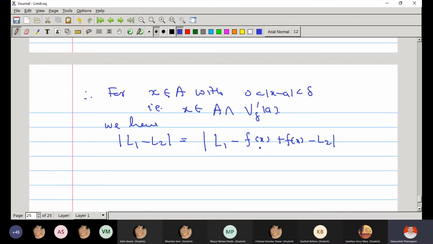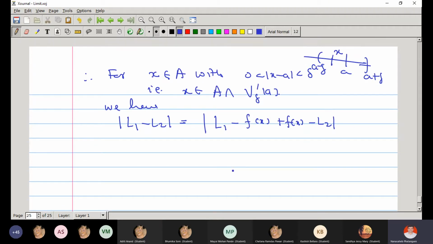But which x? Because f(x) is a real number, right? And what is that real number? The value of the function at x. And which x? The x which is in the delta neighborhood of a. Those are the x I am concentrating on, in this range a minus delta to a plus delta. I am selecting some x in this range, looking at f(x), and adding and subtracting that f(x). Logically, everything is clear. Yes, sir. Right. Now by the triangle inequality,